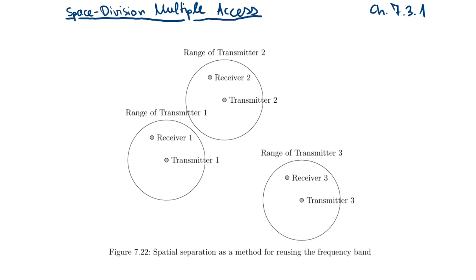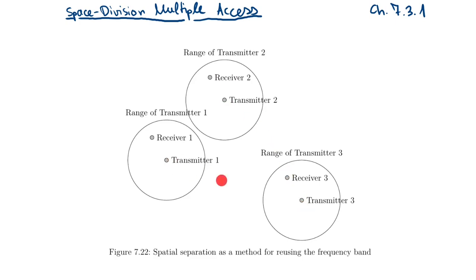So the first method to enable multiple access for different users is a very easy one. It's called space division multiple access, and the implementation is very easy. So you have different spaces which are separated from each other, and here you have, for example, different transmitters, and the transmitters are so